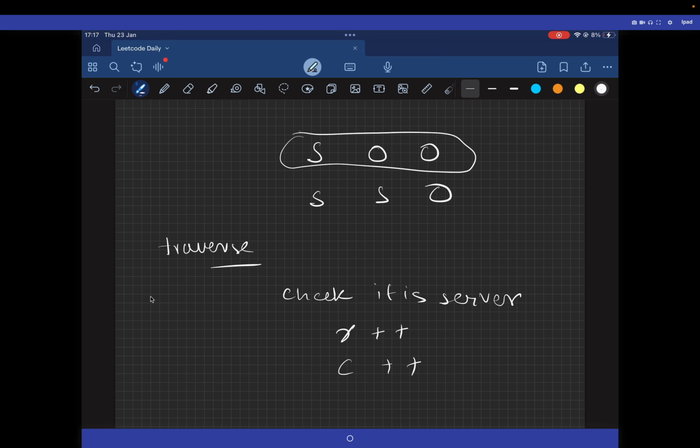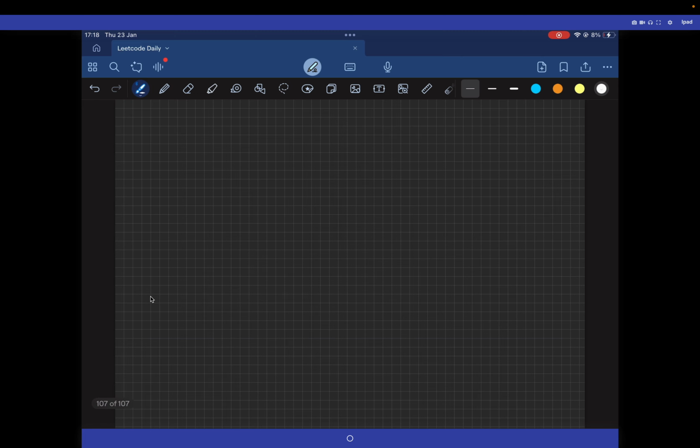Similarly, that will be done. The other thing we will do is store that server node in another data structure, and we will later traverse only the servers, right? So we will make a data structure and push that server's ith row and jth column to it. Later on, when we finish our traversal, what we will get is a list of servers,